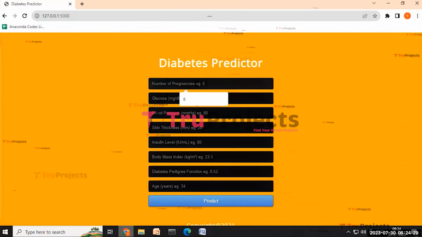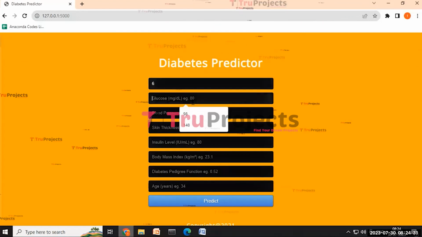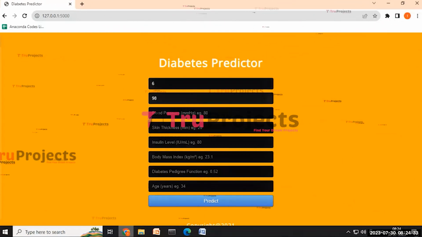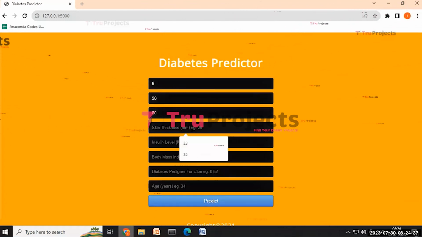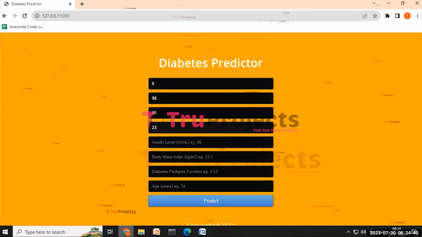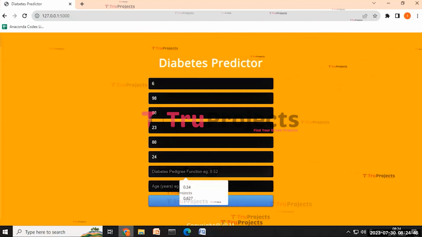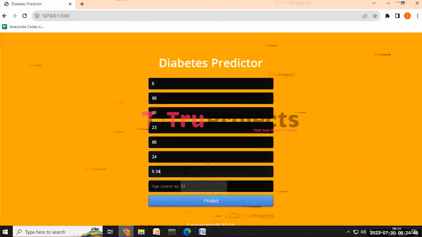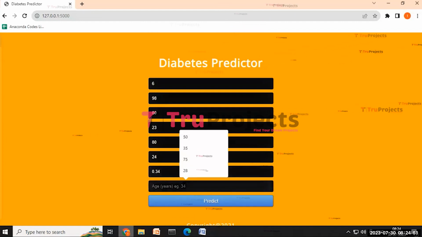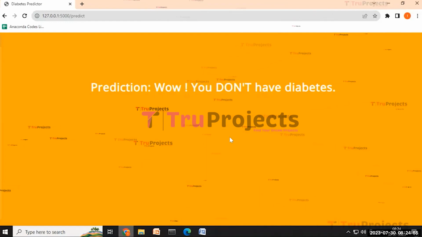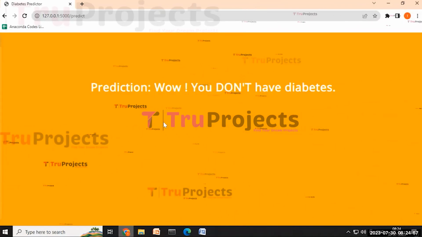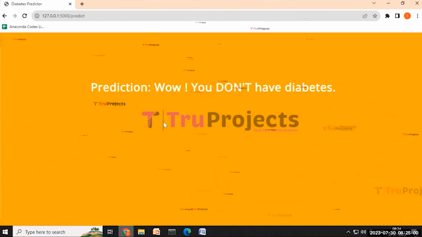Number of pregnancies is 6, glucose level is 98, blood pressure is 50, and skin thickness is 50, and the body mass index is 24, and the diabetes pedigree function is 0.34, and the age is 35. And then click on the predict button. Here it predicted you don't have diabetes. In this way, we can predict diabetes by using the